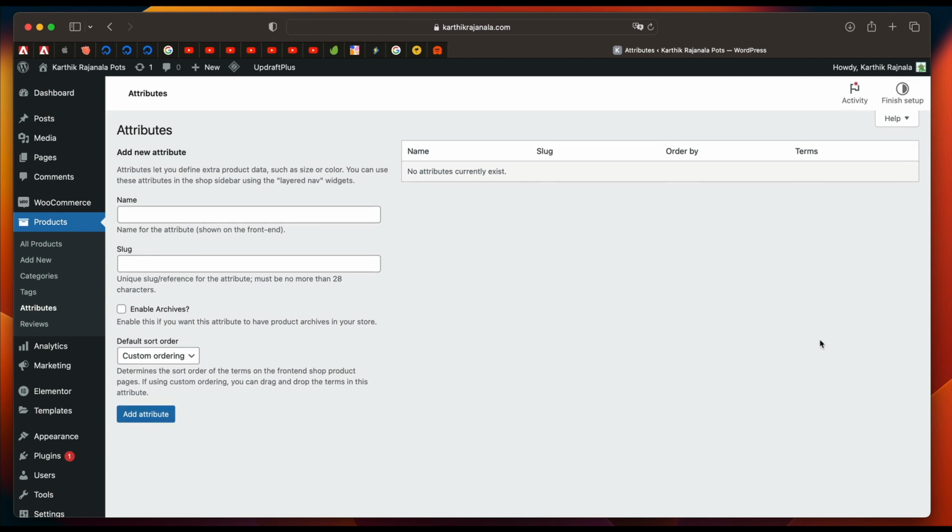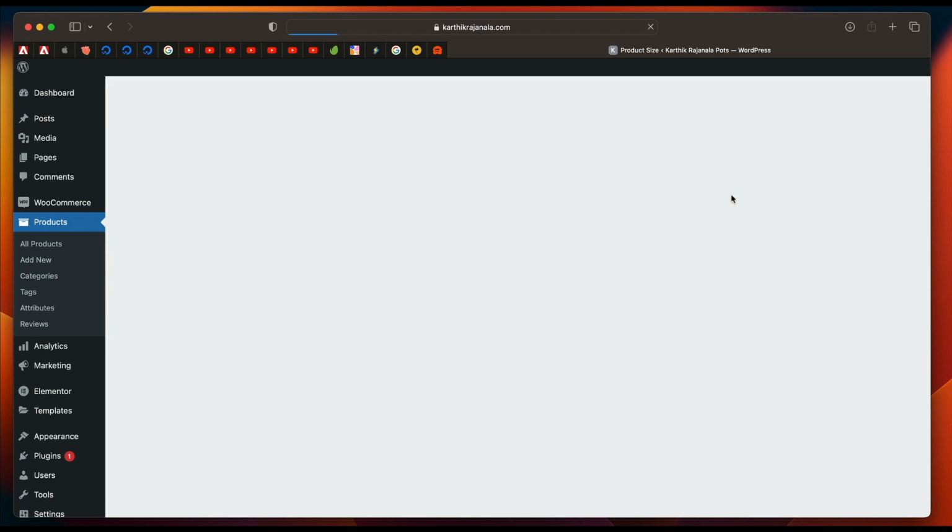But if you want to create global attributes, attributes that can be applied to every product on your website, you can create them in here. So I'll click on name, and let's say I just want to have different sizes. I want to have a field where I can specify the size of the products. So I'll pick the name, which is size. I'll also pick the slug for it as size. You can uncheck this option or check it if you want this to show up as a separate page, but I'll uncheck this option. I'll click on add attribute, and under terms, I'll click on configure terms, and we